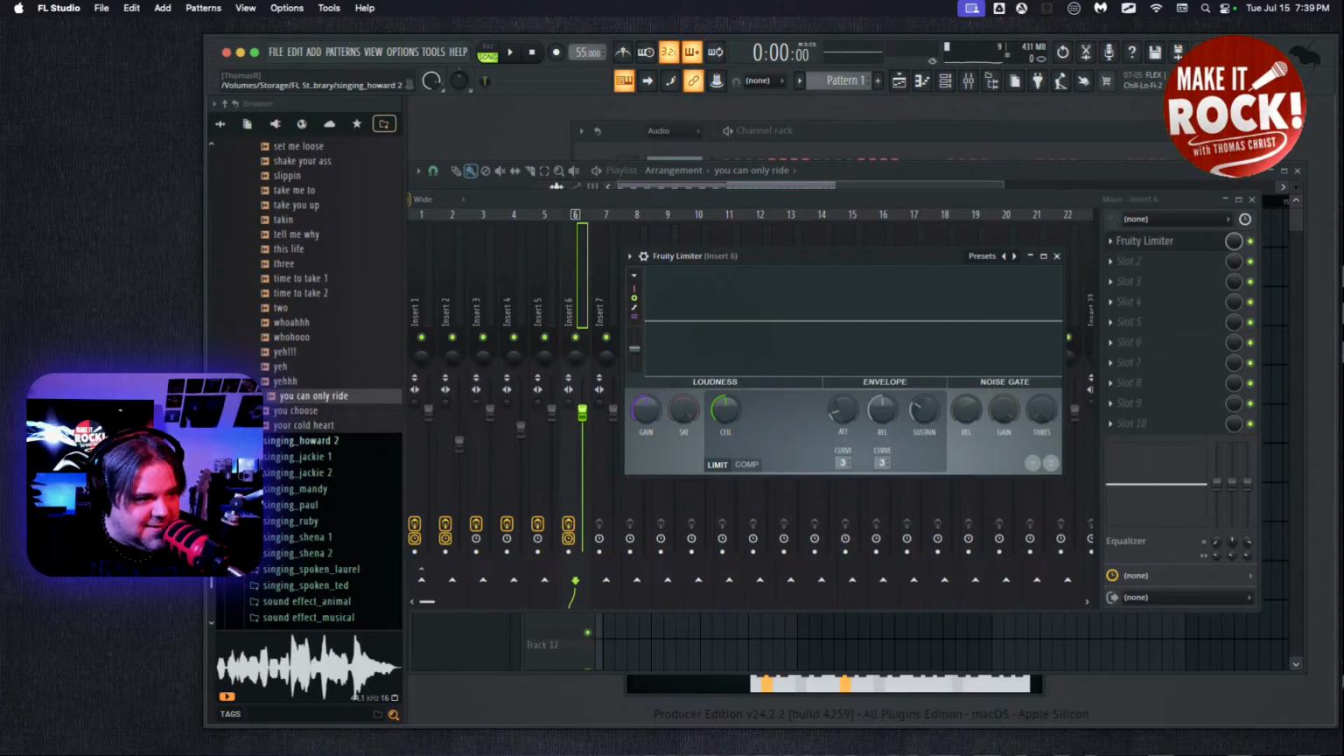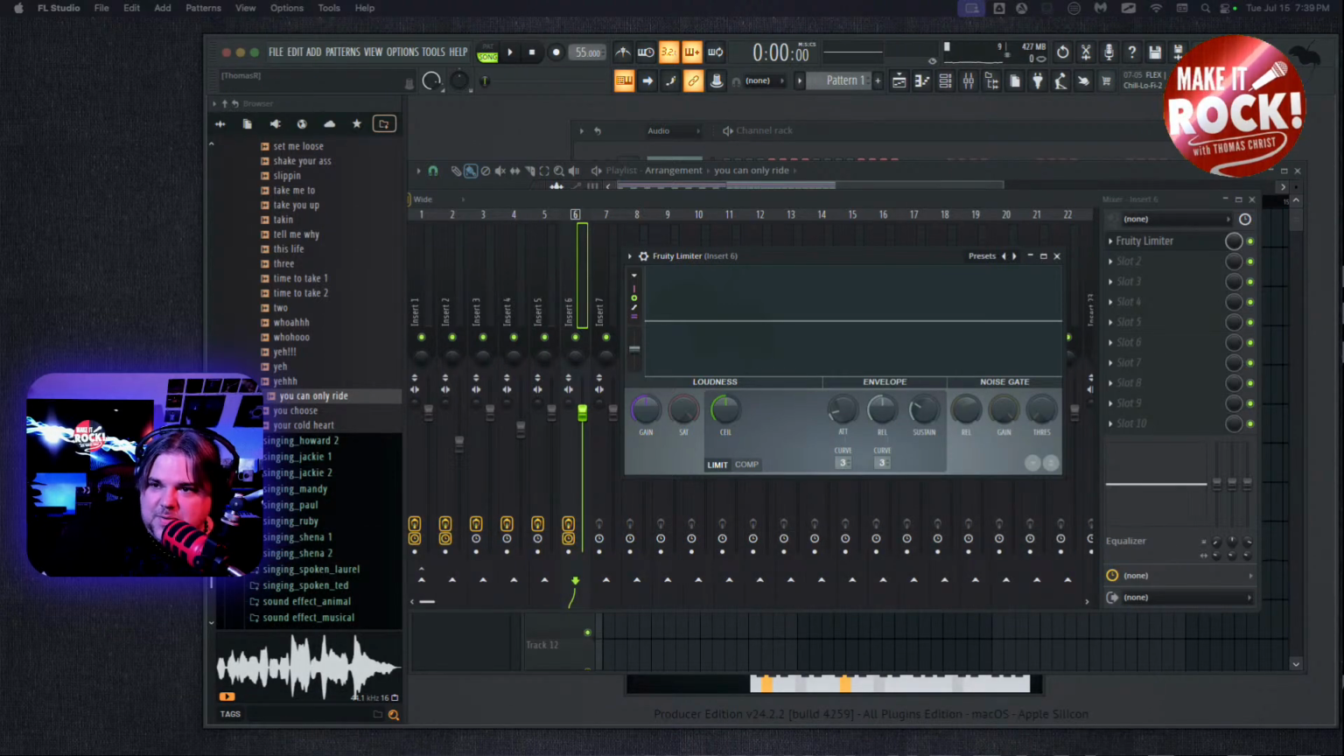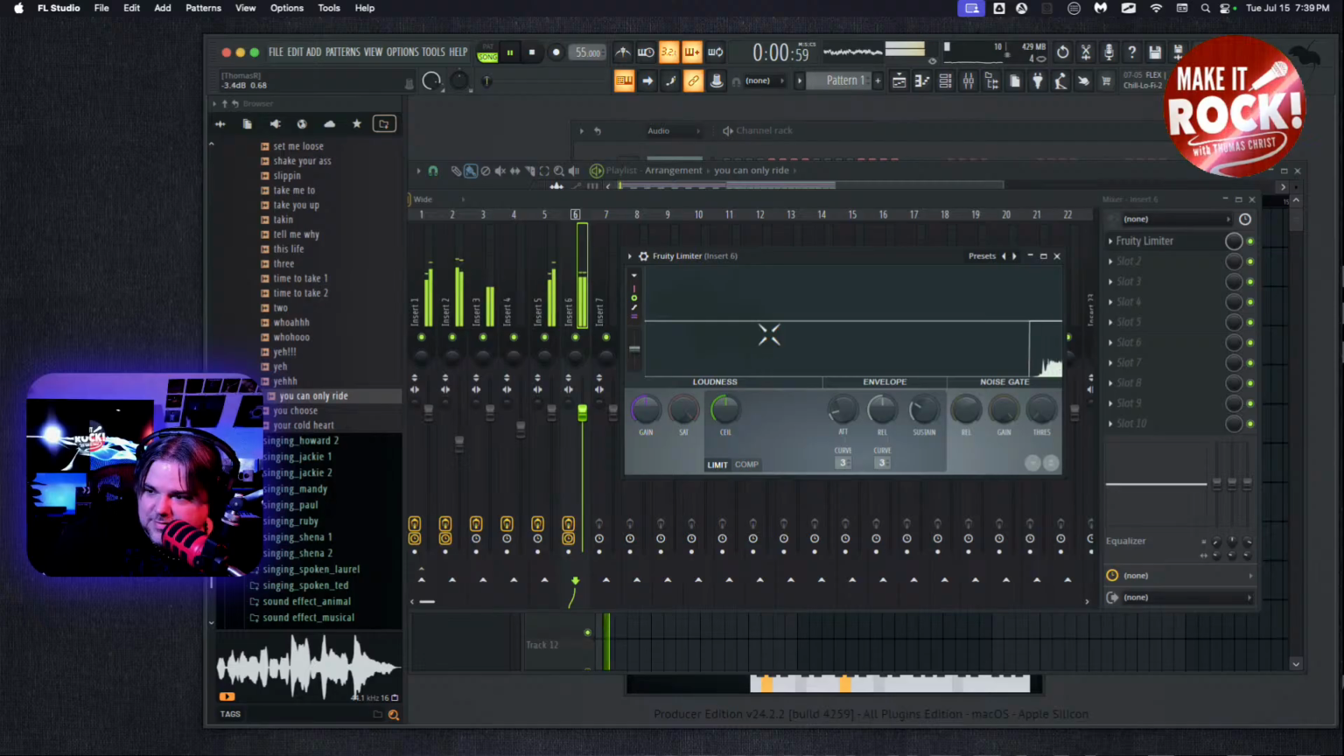Is that Barney Gumble? So starting to sound like the downward spiral. Yeah. It may be a bit more extreme than that even, but